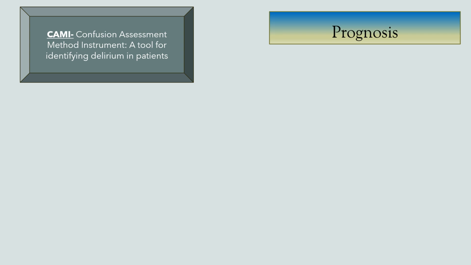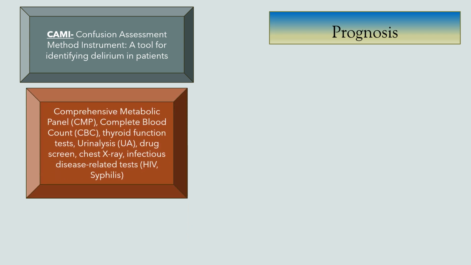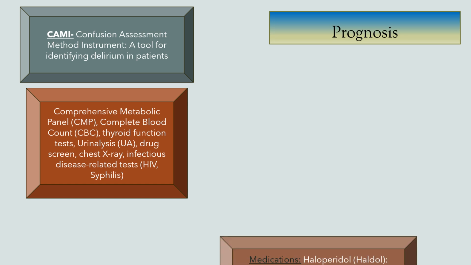CAM-ICU, Confusion Assessment Method Instrument. It's a tool for identifying delirium in patients. It's quite often used in the ICU. Workup: comprehensive metabolic panel, a CBC, thyroid function, a UA, drug screen, chest x-ray, infectious disease related tests like HIV and syphilis,